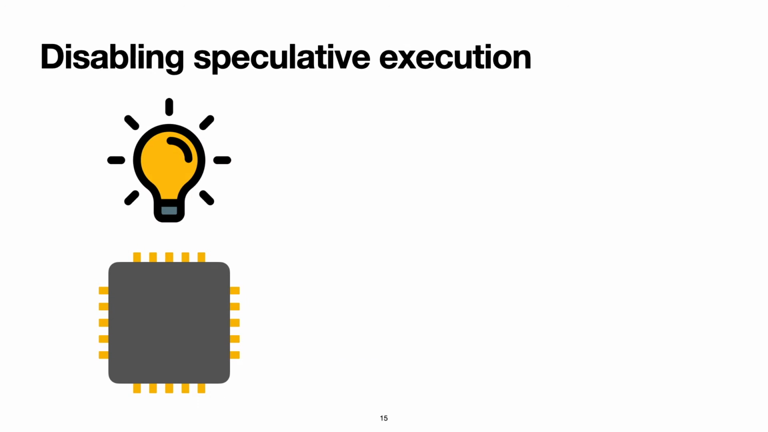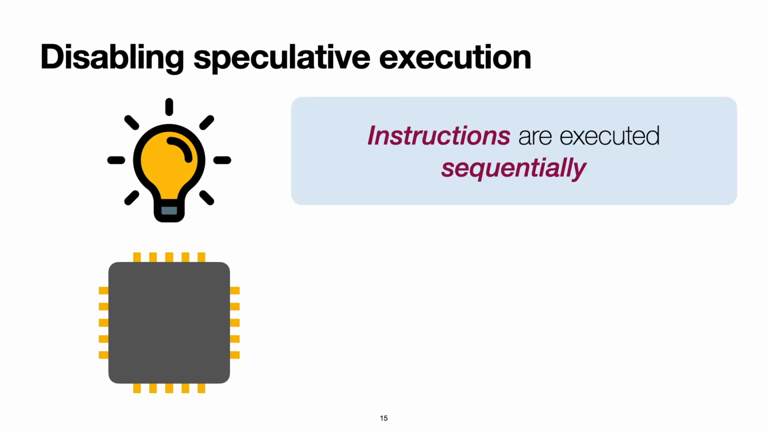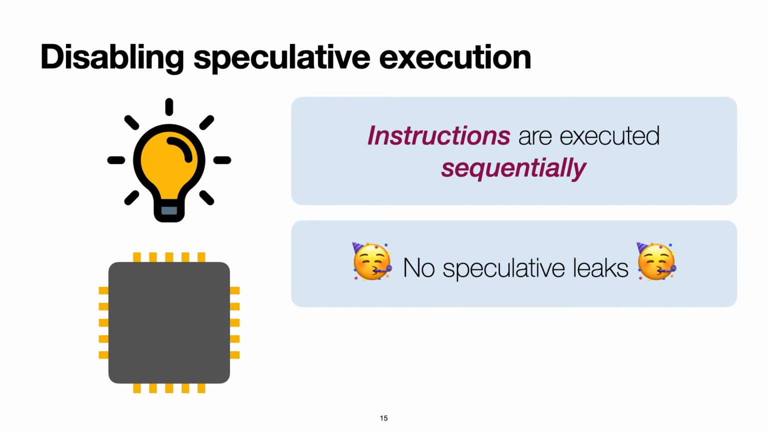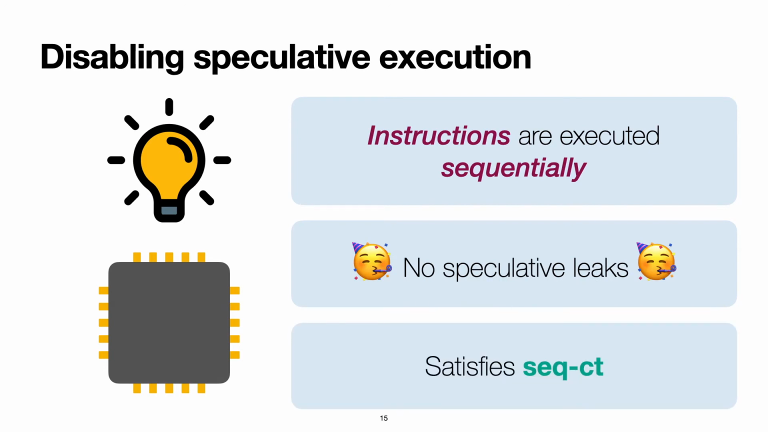The first countermeasure we analyze is completely disabling speculative and out-of-order execution. In this case, the processor executes instructions sequentially, where each instruction is fetched, executed, and retired before moving to the next one. Obviously, this countermeasure prevents all speculative leaks. As a result, it satisfies the strong SecCT contract, which only discloses the address of loads, stores, and instruction fetches